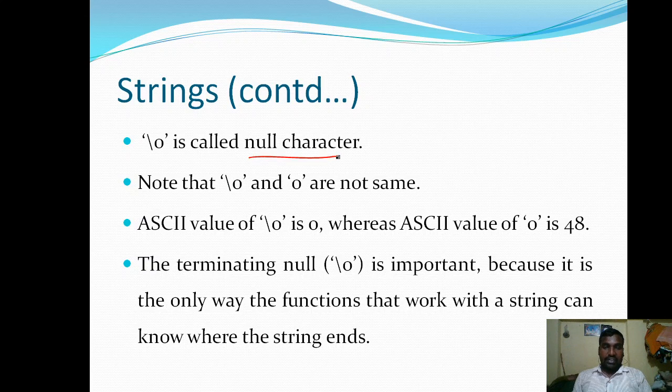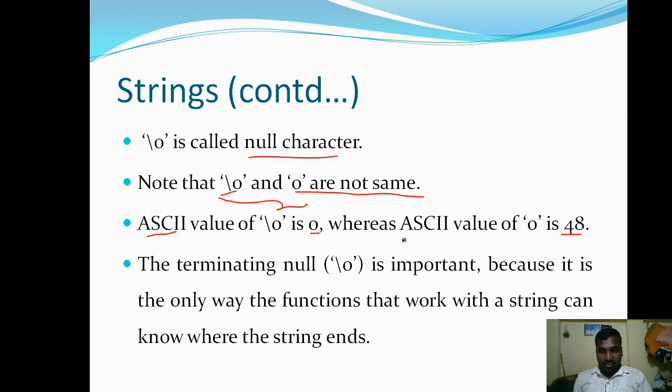Note that there is a huge difference between \0 and 0. They are not the same. The ASCII value of \0 is 0, whereas the ASCII value of 0 is 48.